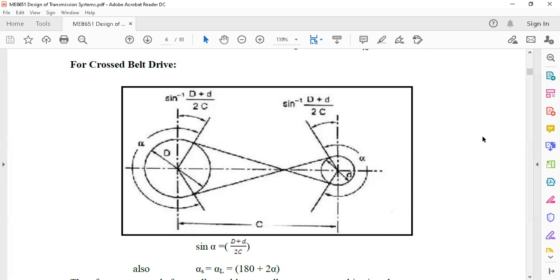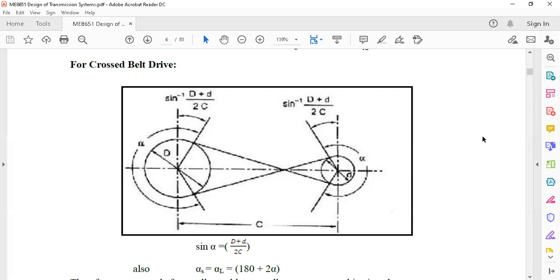They can give C, which means the center distance, and then they will give the diameters of the pulleys, and they can ask what the length is. Generally we can go for L is equal to 2C plus pi by 2 into (capital D plus small d) plus (D minus d) whole square divided by 4C, using this formula.